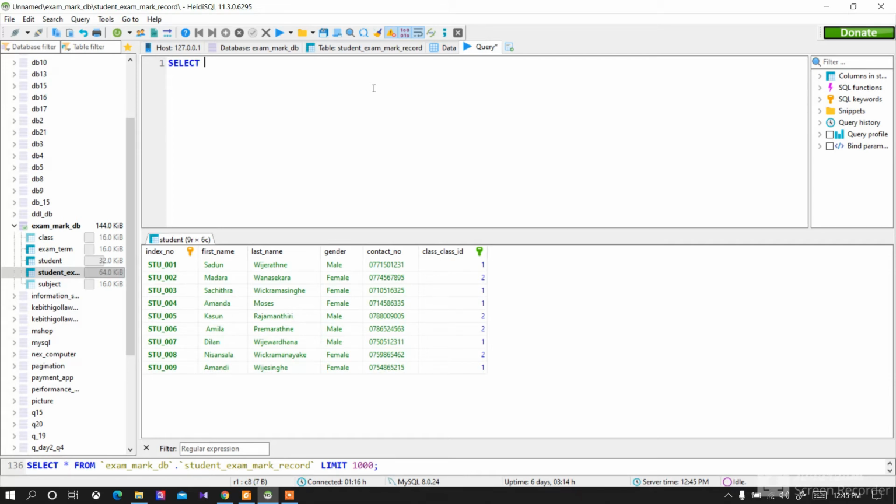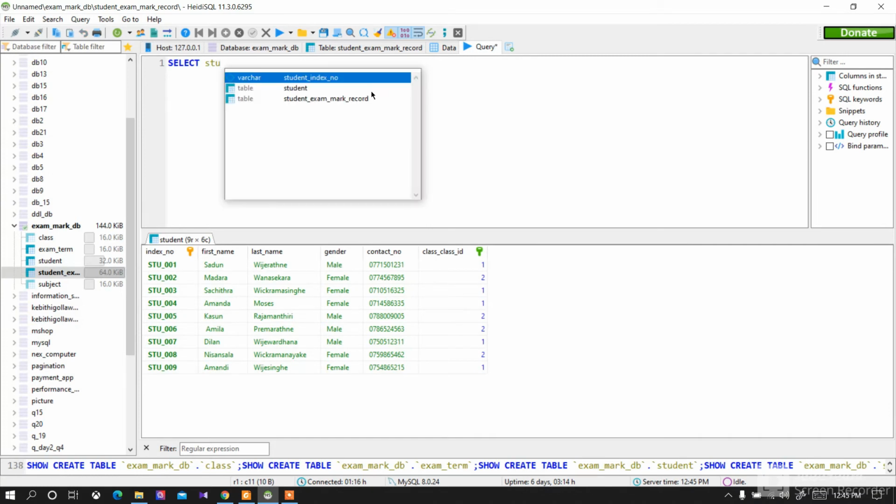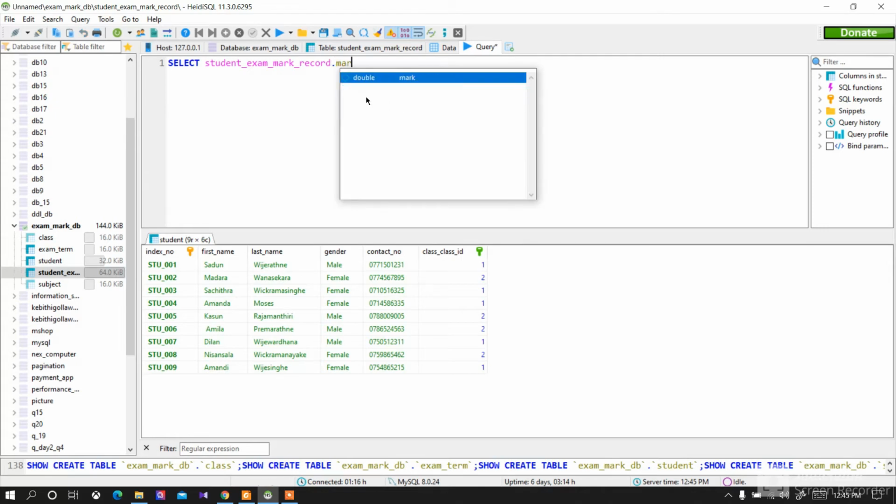I have to select only the marks. Select mark from that table where